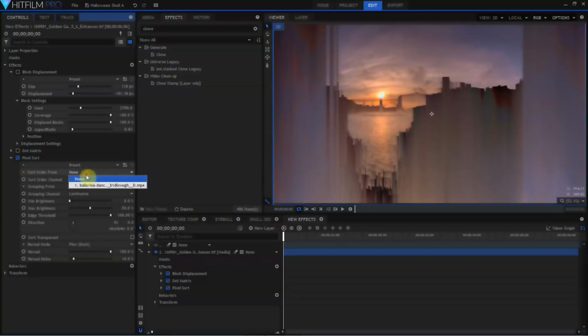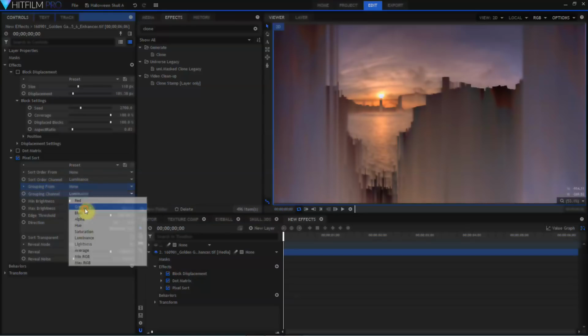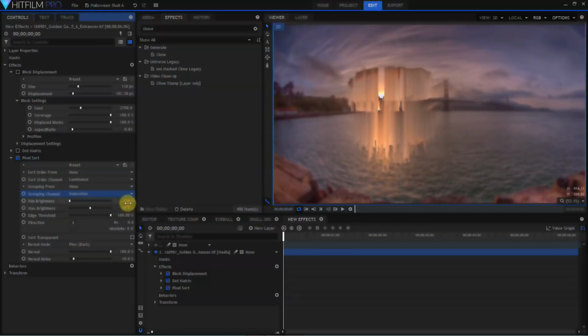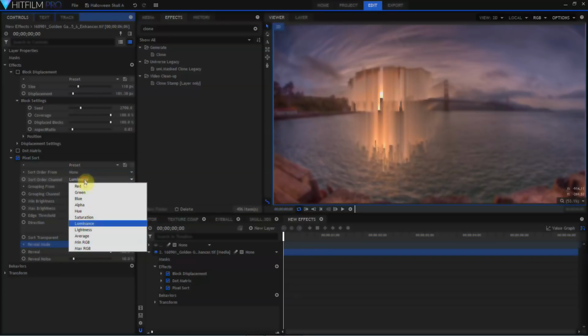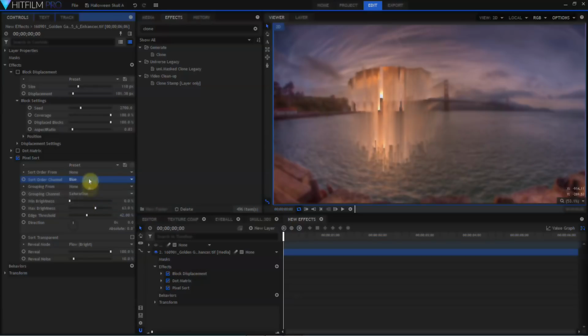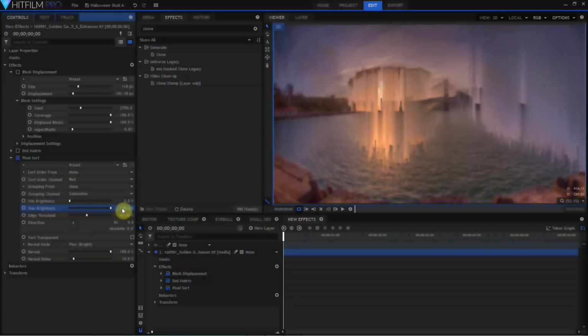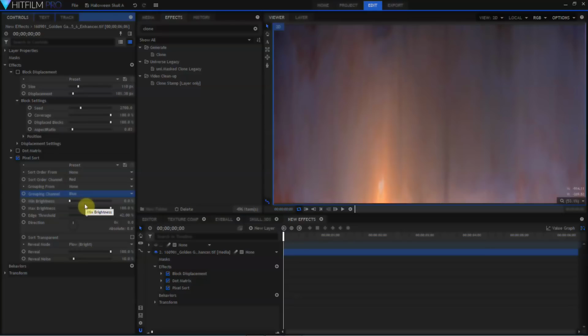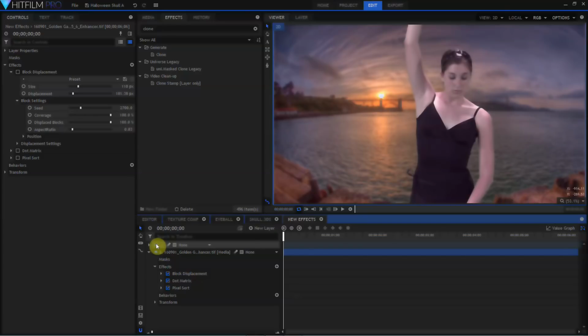And then the last effect is a pixel sort effect. I really don't have any idea what the pixel sort is supposed to be doing, but it does have very neat looks. I'm sure as people play around with the pixel sort, they'll figure out what it's supposed to do, and when you do, tell me. I'm going to turn on the top layer.